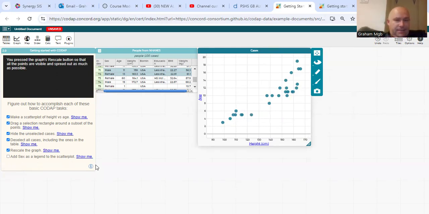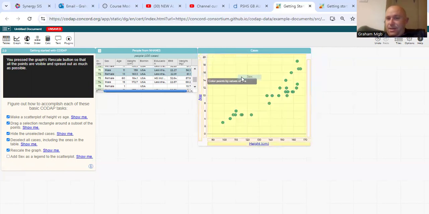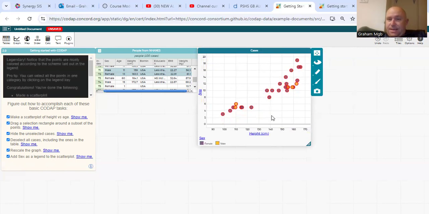Adds sex as a legend to the scatter plot. Now, right here, I don't know anything about these animals. I don't know if they're male. I don't know if they're female. So you can actually add that to part of the picture. So I'm dropping this within the graph. And then now notice you can see. So these are female animals. These are male animals. Now, I don't have many male animals on this one. So it might just be a case of